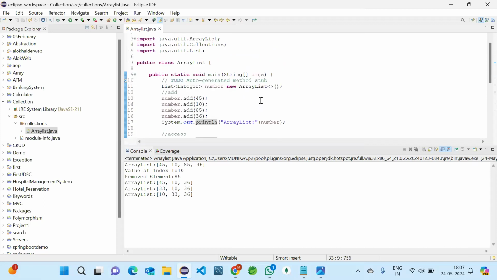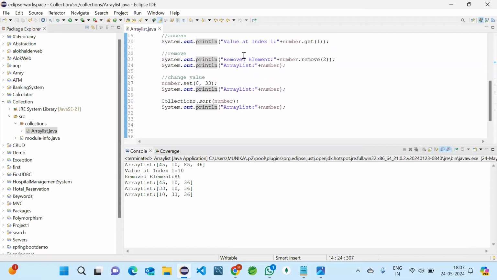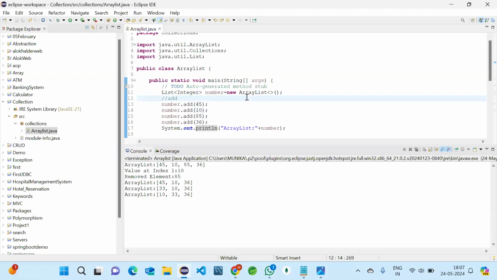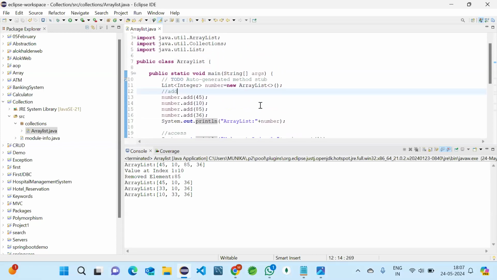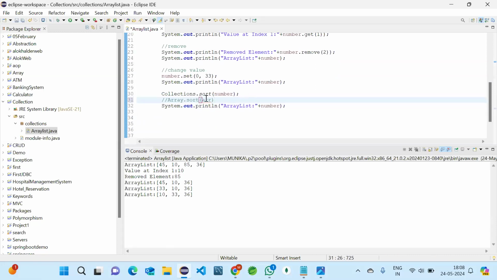Someone is asking now how to sort it. That is so easy, that's why I wanted to let you know for now. Coming to arrays, we used to sort with Arrays dot sort of array name. I'm letting you know for the knowledge only. This is for arrays, so we should use Arrays. Before that, we should import Arrays also.